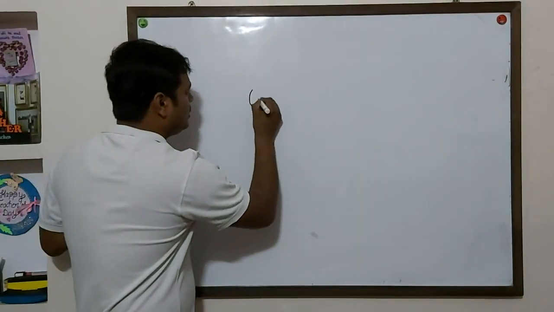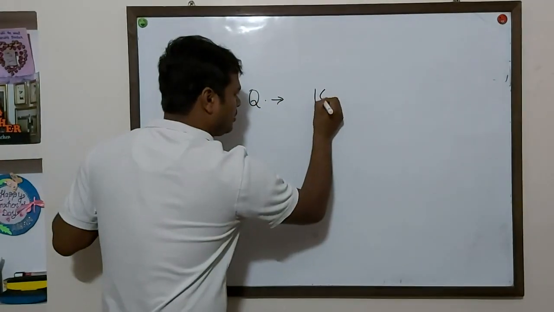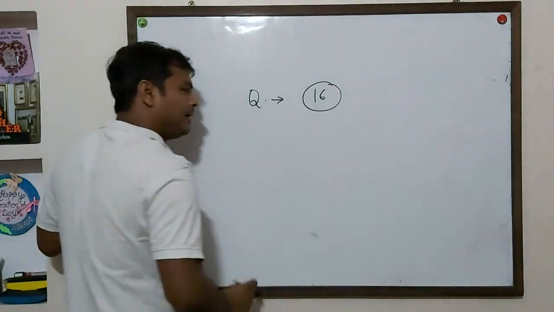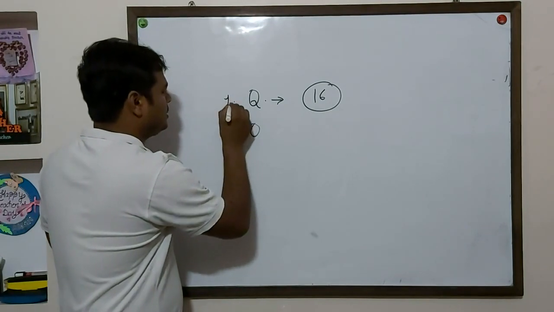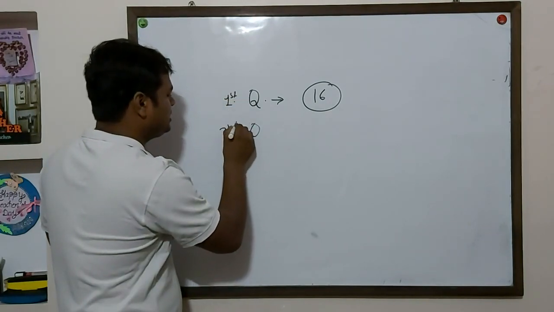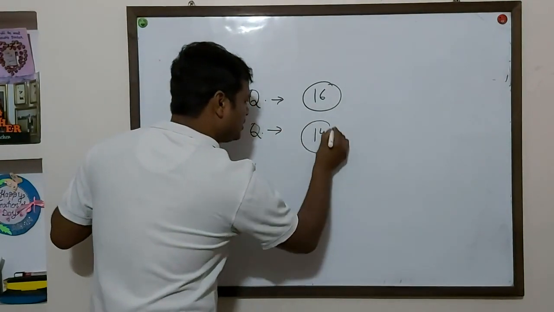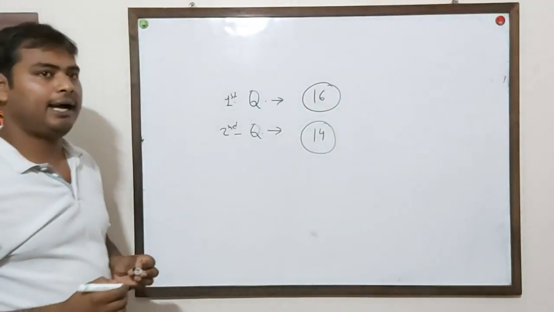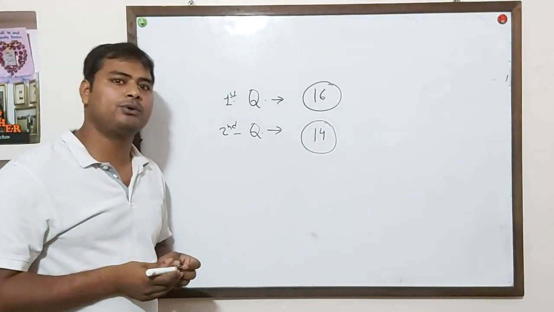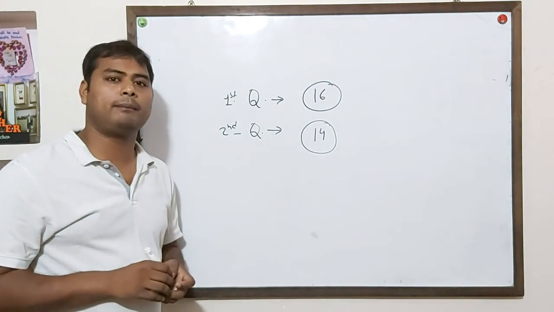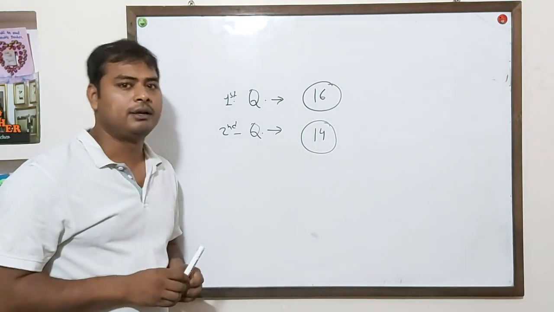Till now you have homework, 2 questions I am giving you. Question number 1, you have to draw a picture of 16 teams, when the total number of teams is 16. And this is the first question, and the second question is when the total number of teams is 14. These 2 pictures you have to draw as homework, and in my next video, as I told you, I will explain how to draw a picture when the total number of teams is not even, means teams are odd.